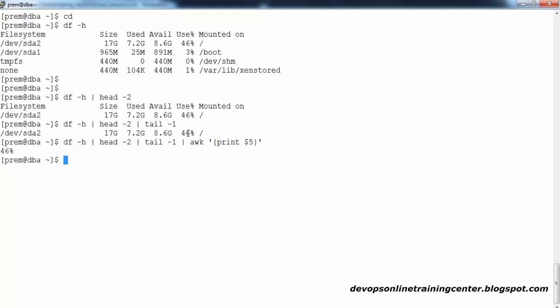So these kinds of commands, you call them one-liners, based on the client requirements or your requirement only. You can write a one-liner and fetch the data. It depends on your requirement. So I got a requirement to fetch only this one. So how do you fetch it? I used all these things. I know head, I know tail, I know all. With the help of all these commands, I fetch the data. So this is about the df command.